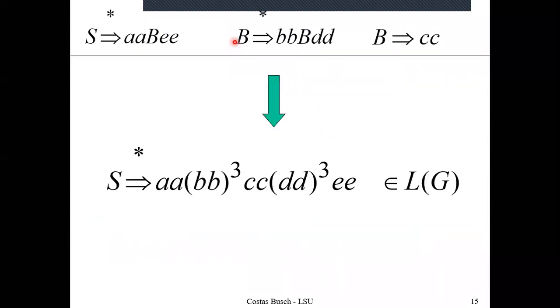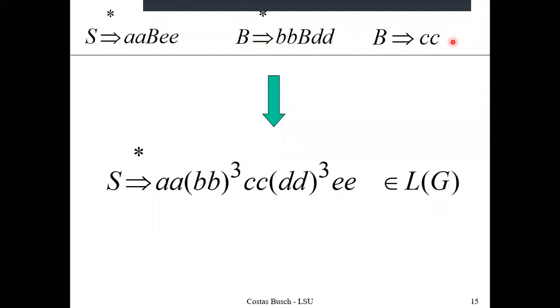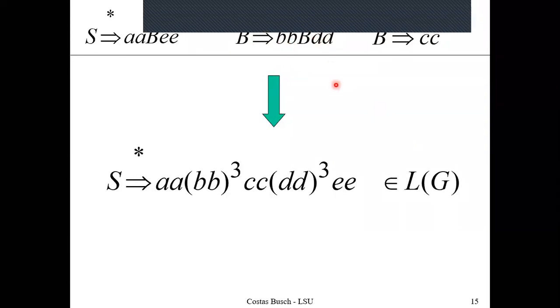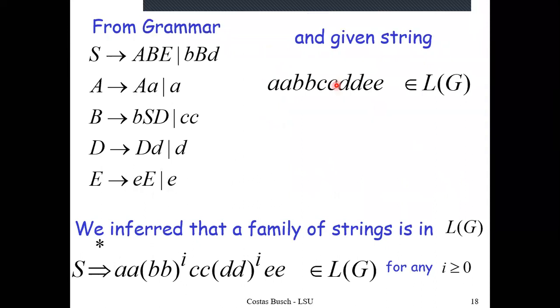The only freedom with me is to use this recursive sentential form, or the recursion in this derivation of the sentential form. Whenever B is there, either you replace it by B square B D square, or you replace it by C square. If you replace it by C square, you have no variables available with you. It is going to be the end of the story and the derivation would terminate. But if you want to have a repetition, so if you repeat B square, D square is automatically repeated. So in this way, I have this repetition pattern in front of me.